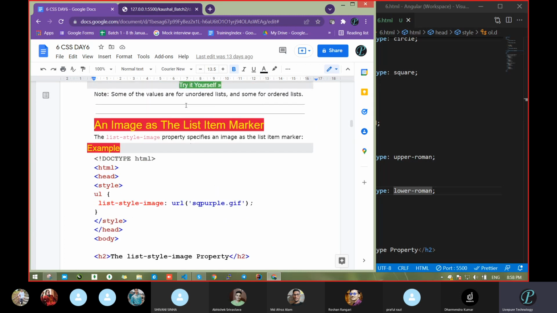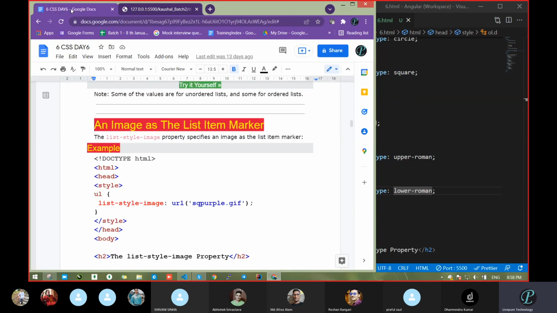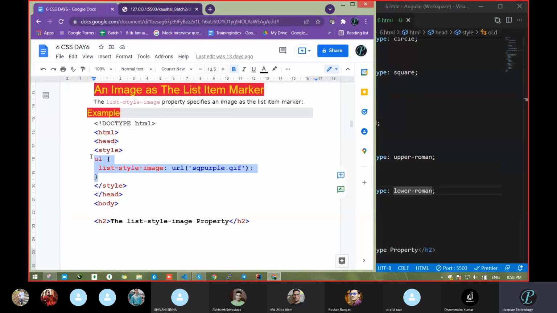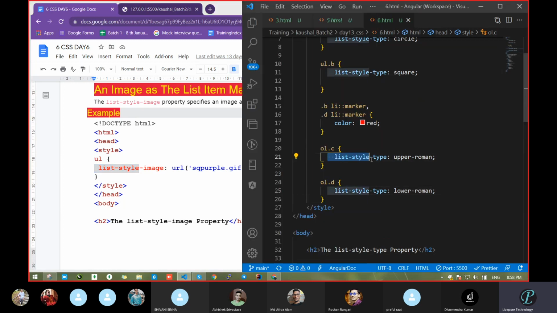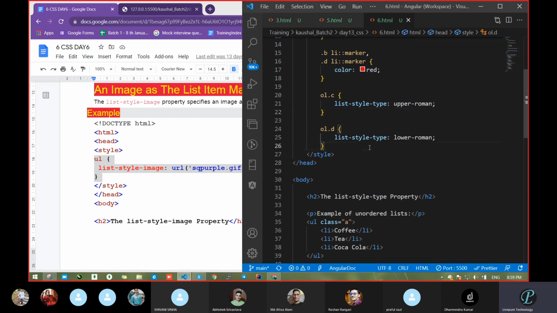So again, if you do not want this default style and want something of my own, an image or GIF, anything, you can pass that as a style. What is that? List-style. See, this is common in all cases. List-style, what do you want? Type. So we have taken type. What do we want here? Image. So we passed image. Clear? Here we can pass image, and once you pass image, you will get that. So do one thing, let's verify which type of image is coming.